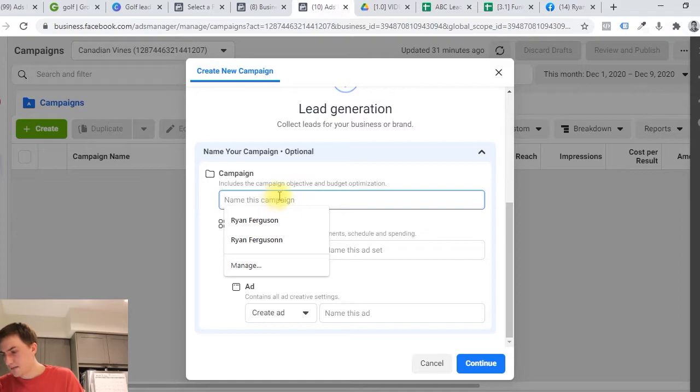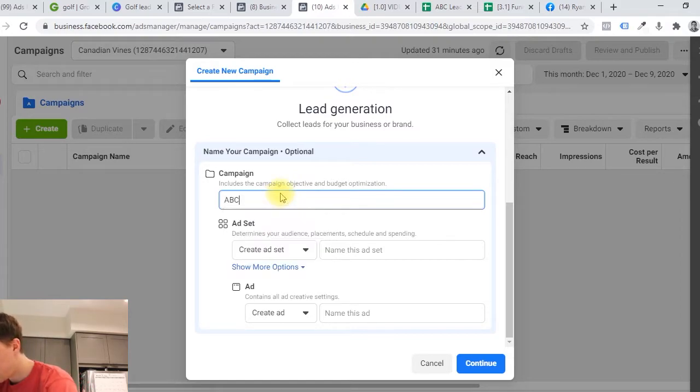I'm going to give this a name. And the naming convention I use is the name of the client, or usually like a 2 or 3 letter code for the client. And then I'll do, is it cold or warm traffic? So cold meaning nobody has ever seen an ad from you before. And then the marketing objective, so lead generation. I'll do the name of the campaign, so we'll say summer kickoff. And then usually I do the month that we're launching the campaign. So I'm in Calgary, it doesn't really make sense why we're launching a golf campaign in the snow, but